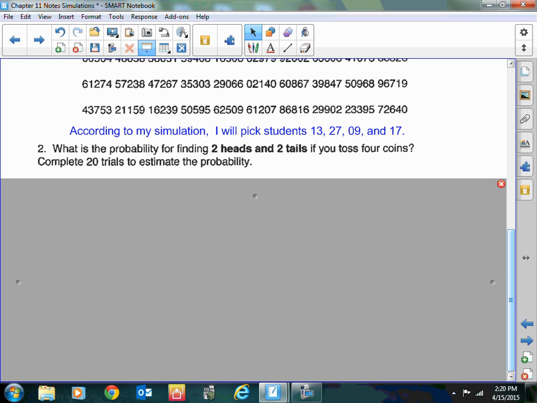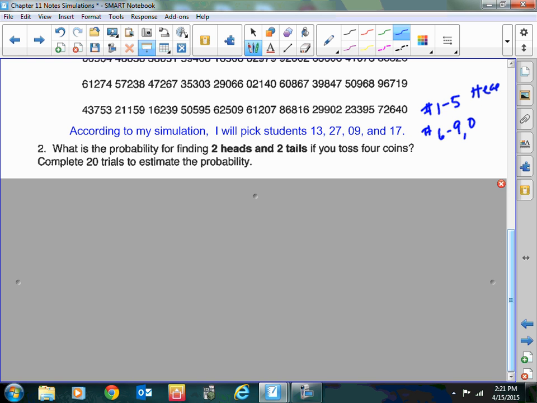How else could I easily account for half numbers being heads, half numbers being tails? Yes, I'm going with one-digit numbers. Okay, I can easily do half heads, half tails on that. Now, you have options, and people could come up with different numbers in the end, but they'll be about the same amount. And it would be different because of sampling variability. If you decided that you wanted the numbers 1 to 5 to be heads, and then 6 through 9 and 0, because 6, 7, 8, 9 is 4, 0 makes the fifth, to be the tails,